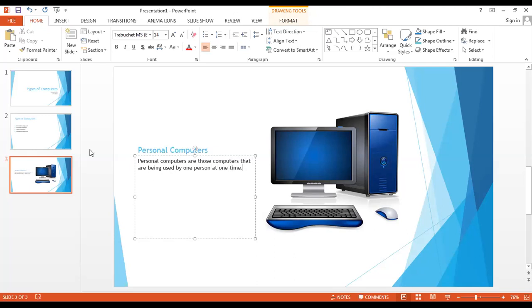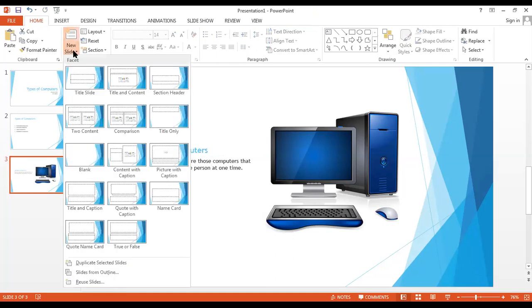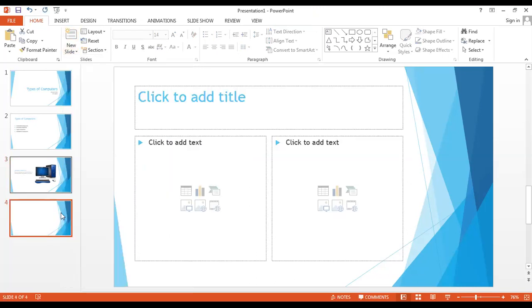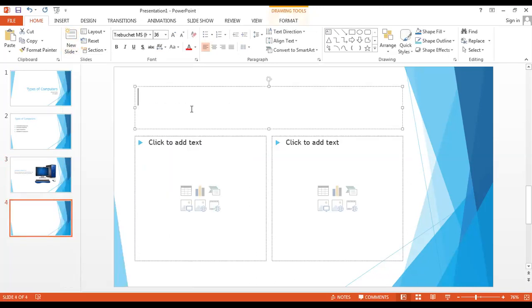Okay. So I need to add another heading of, let's suppose, the supercomputer. So I'll right click, go over here and add a new slide. Let's suppose I want a slide like this with two contents. So I can go over here, and here I can write supercomputers as the heading, right?